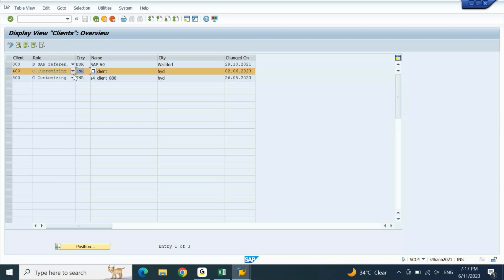Now here, whatever the currency that you are updating, this currency will be considered whenever you give currency type as 30. Always make sure this currency that you are updating here is the same as your controlling area currency that you are updating in OKKP. It should always be dollar in both the scenarios. If this is not dollar,